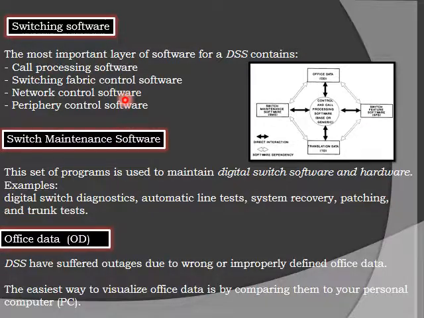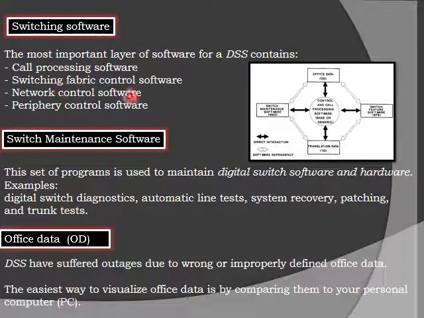Switching software mainly consists of a group of programs, or softwares. Like call processing software, which mainly deals with supervisory operation. Whatever we learned so far about supervisory operation, you try to include briefly here, that it is handled by this call processing software. And we have also come across supervisory operation in the intra and inter LM call processing. So we include that briefly here, and at the end you can tell that it is managed by the call processing software.